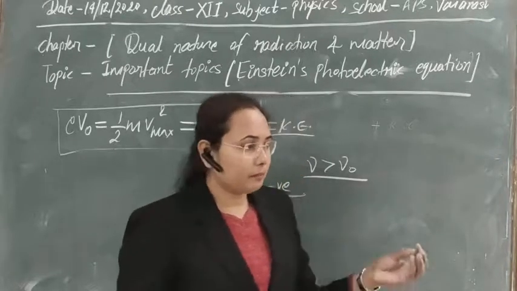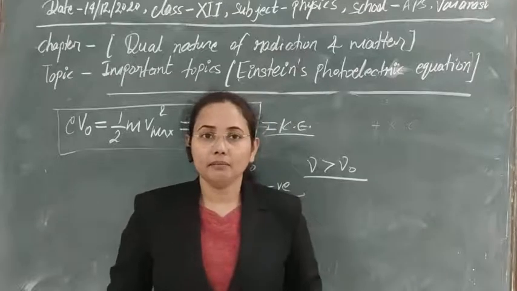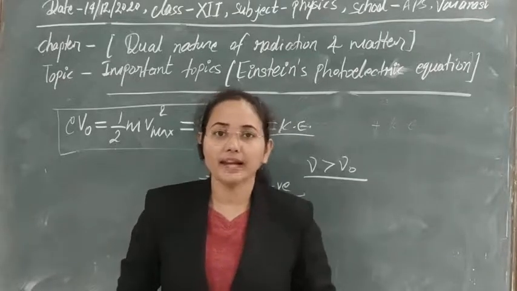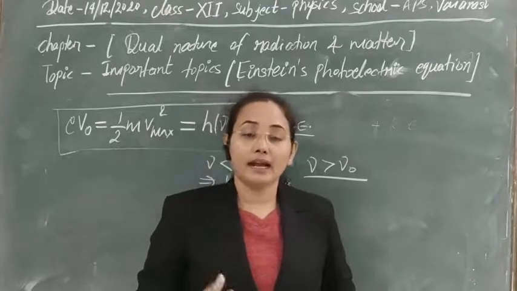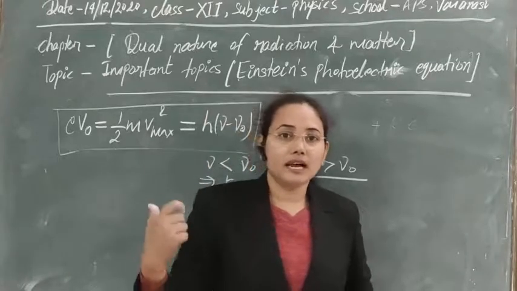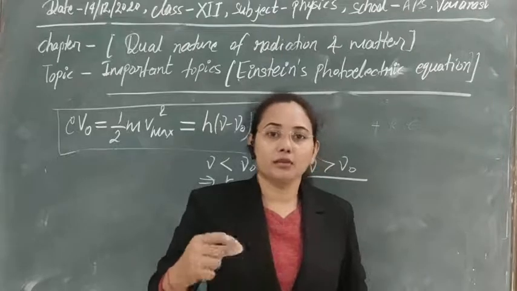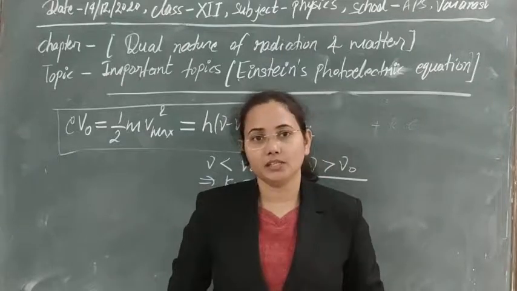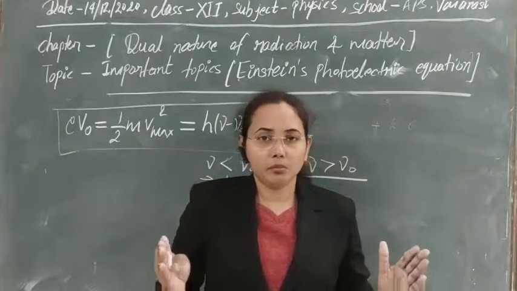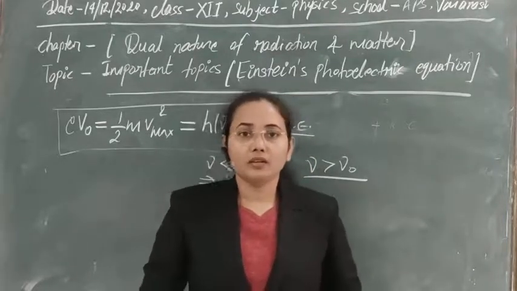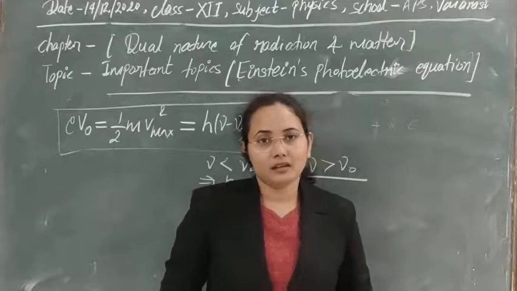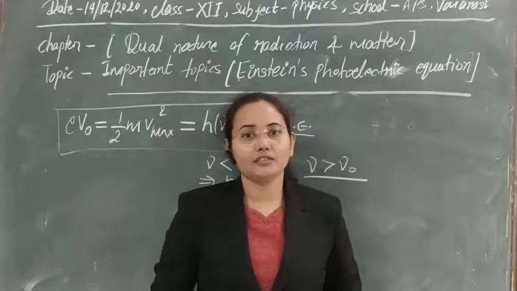So if a particle is incident on an electron, then obviously it will collide with it, and due to the collision it will transfer its energy. Due to the addition of energy, that electron will overcome the potential barrier and be ejected from the surface. So this is the more accurate concept for this. From here the particle concept is accepted and a new concept started.